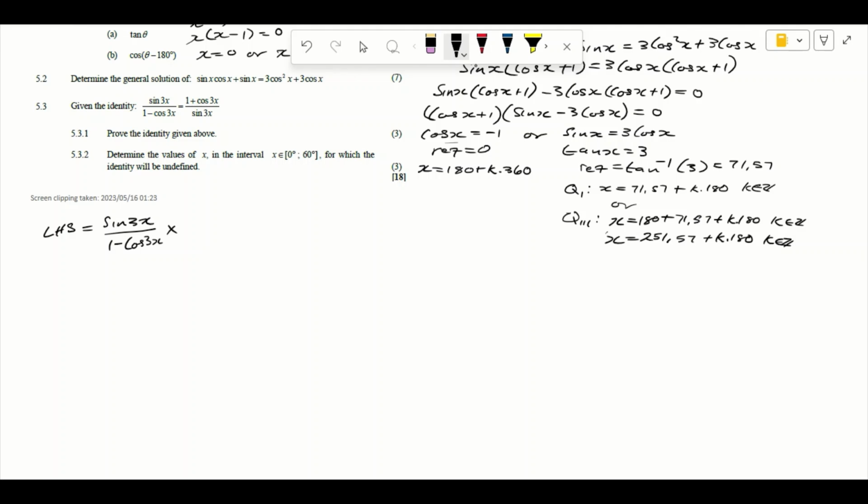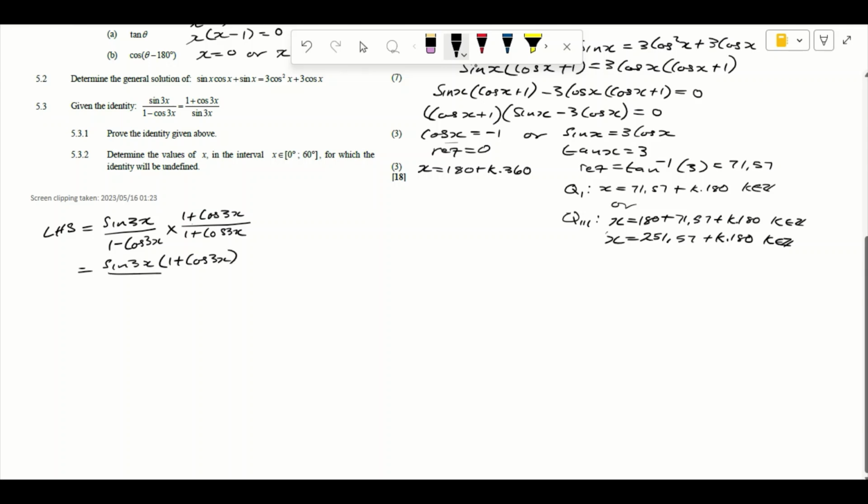The denominator is 1 minus cos 3x, and the conjugate of that is 1 plus cos 3x, so I multiply by 1 plus cos 3x over 1 plus cos 3x, and then what I'll have here is sine 3x